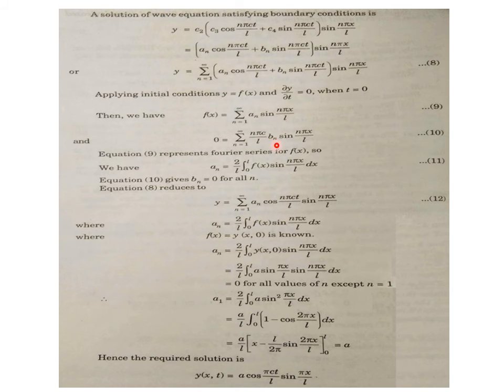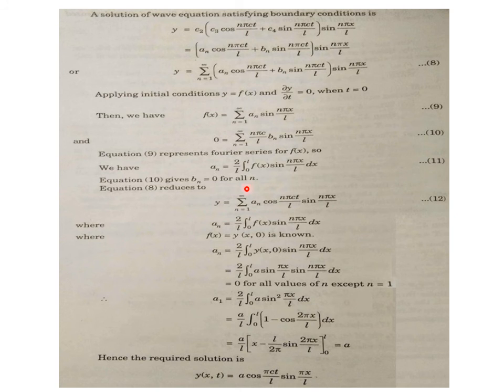That is the formula for finding an if that is a half range sine series. And what about equation 10? As we can't have nπx/l equals 0, neither is nπc/l 0, that equation is only satisfied if we take bn equals 0 for all values of n. So we assume that bn becomes 0 for all values of n, and by these substitutions, the solution of equation 8 is now modified, as bn is 0, to y equals sigma n equals 1 to infinity of an cos(nπct/l) into sin(nπx/l).